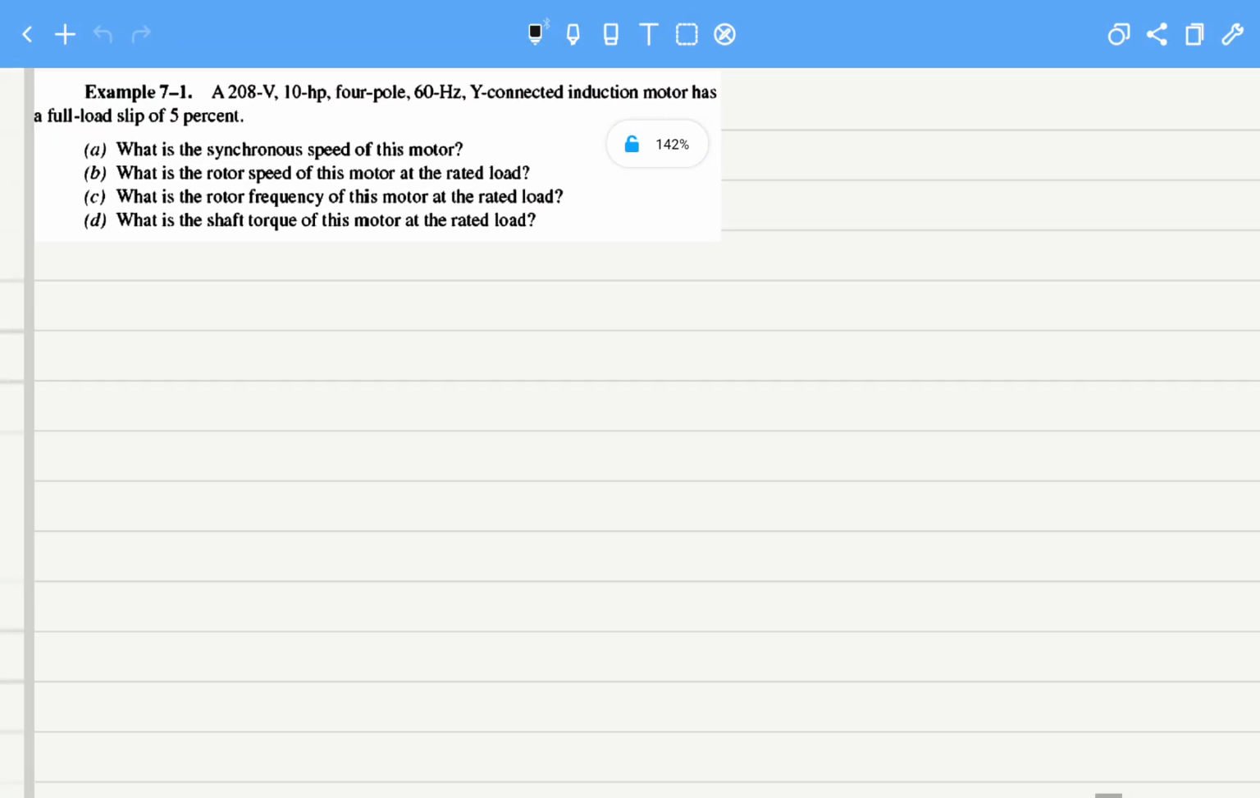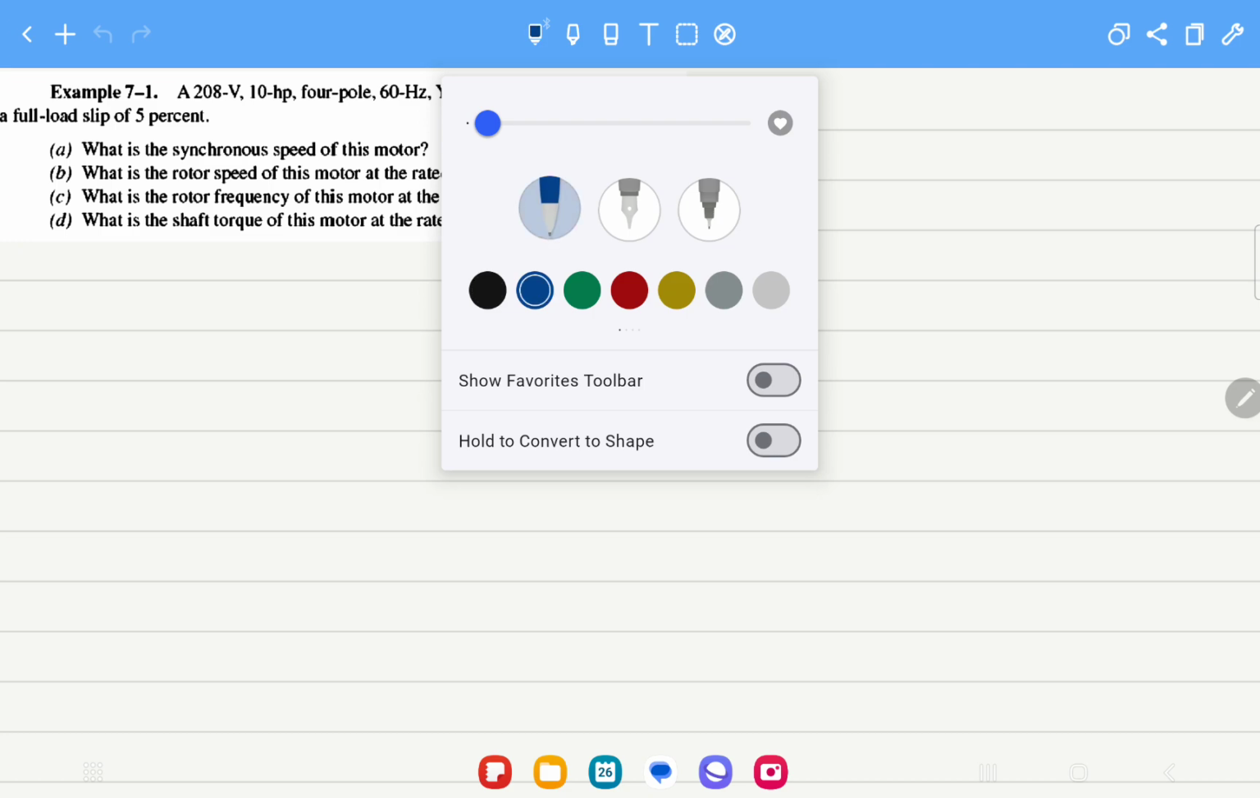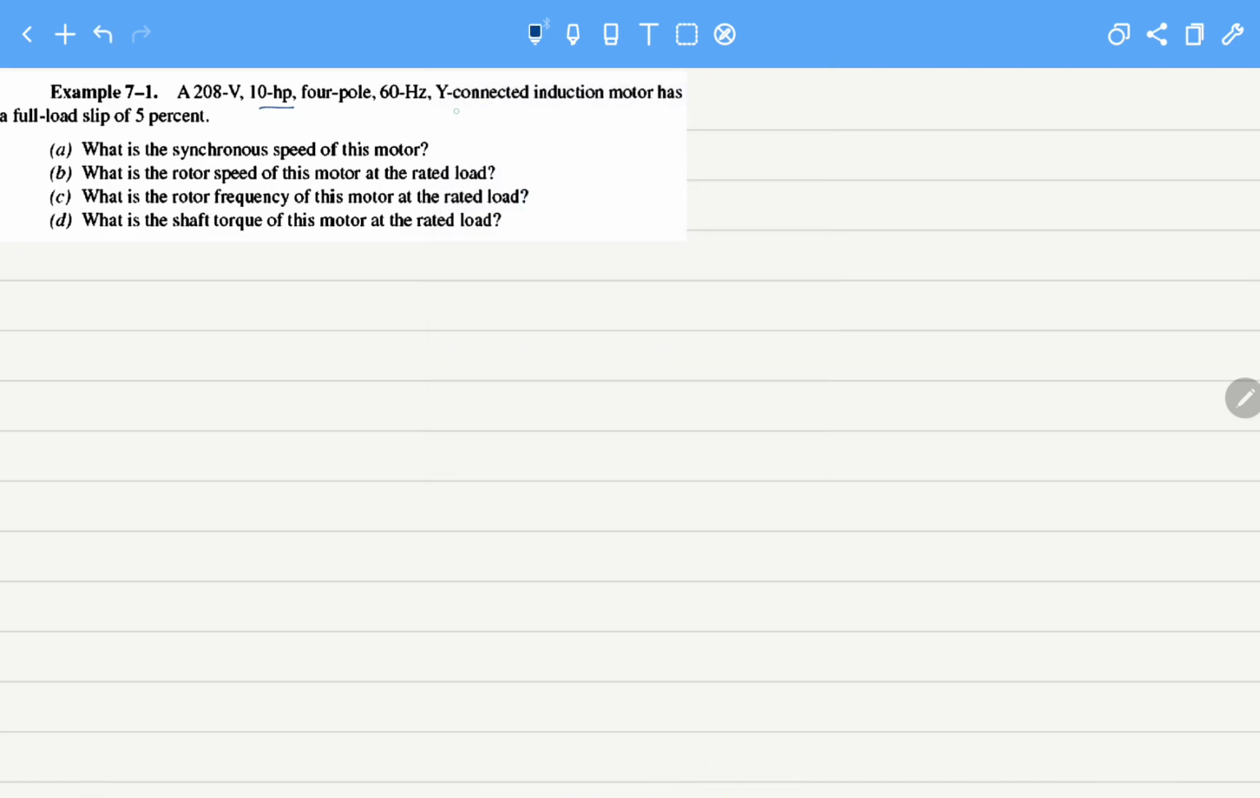The topic of induction motors continues, and here we have an example: a 208 volt, 10 horsepower, 4 pole, Y connected induction motor, and it has a full load slip of 5%. Again, here we can see that the slip is 0.05, which equals 5%. What is the synchronous speed of